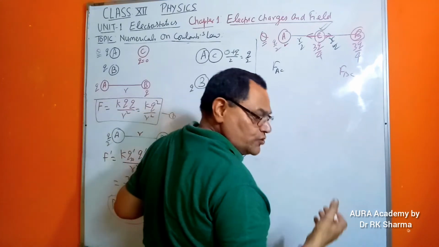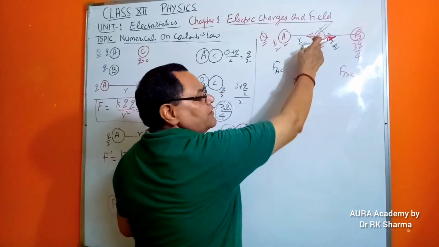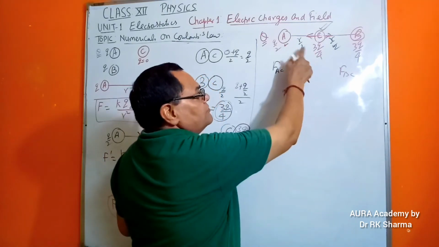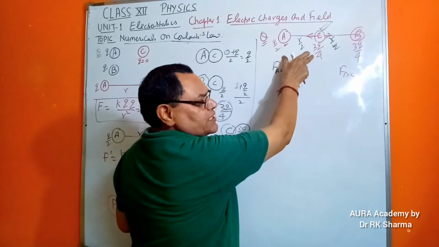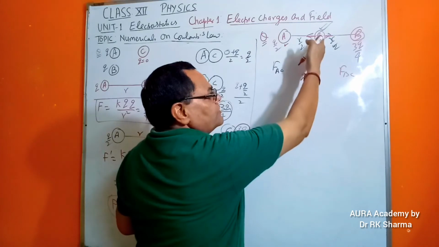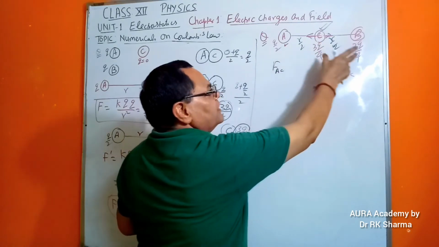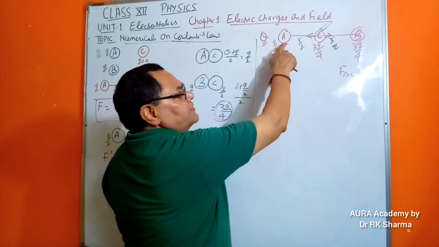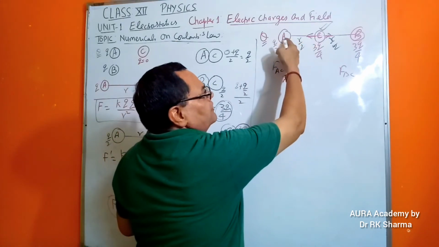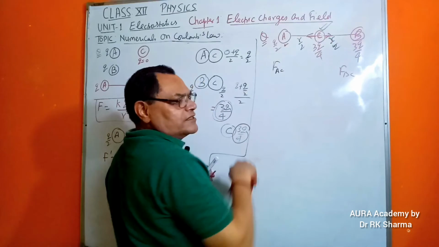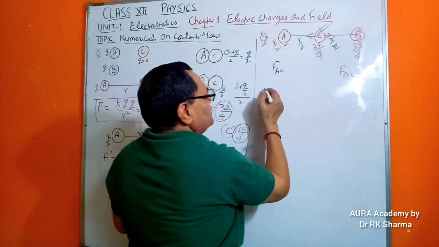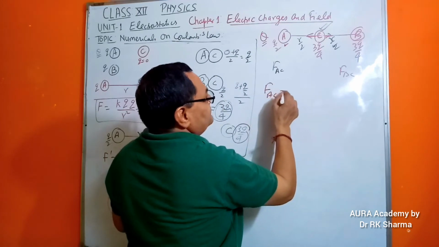As we have to use a logic, total force is to be given at point C, so this very point should either be repelled or attracted. Because these two are positive charges, it is a force of repulsion, so C will be repelled by A, and again C will be repelled by B. If they had been opposite, A may be attracting C, but in this present scenario A is repelling C. Anyway, let's find out what FAC is.